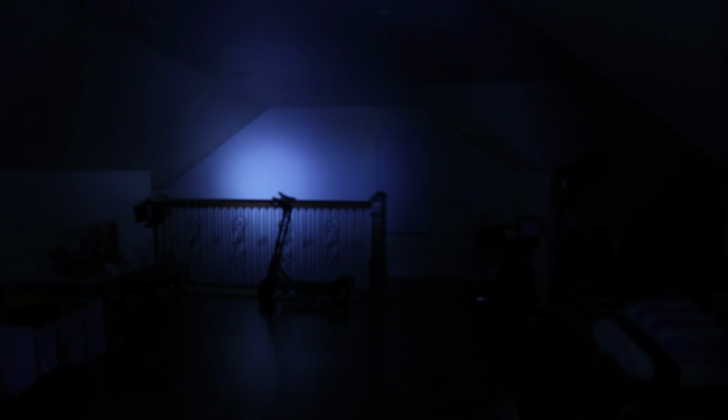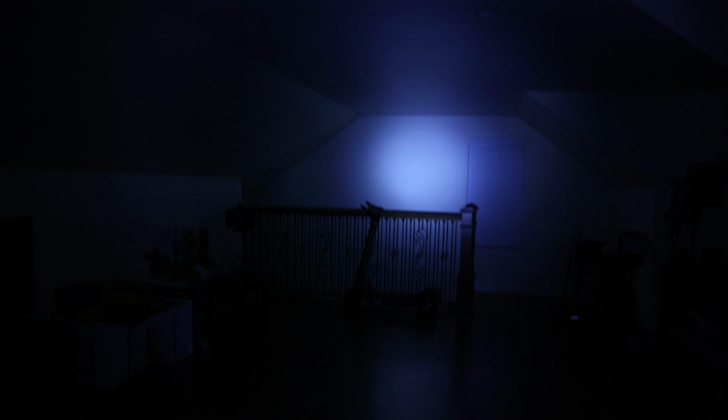Alright, so we're 2 hours in, and this is really where you're going to see a big difference. So we have the Vont Breeze there, and this is the Vaunt Scope. Really, really dim. Breeze, Scope, Breeze,